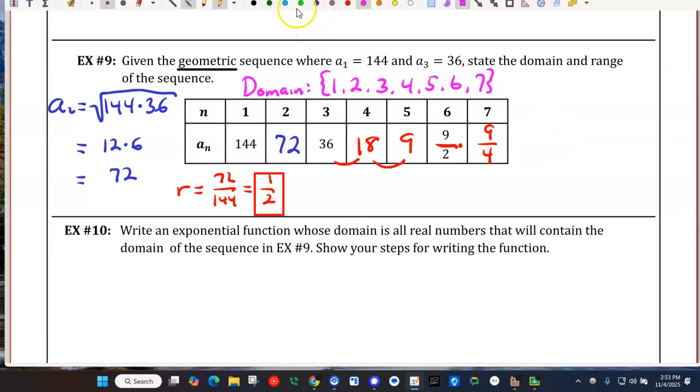Remember, this stands for the first term, second term, third term. There's no such thing as the 1.5 term or the 2.75 term. And the range is just the corresponding a sub n values, and we'll keep them in the same order. There we go. Now go ahead and try to do number 10, which is the same as what we just did